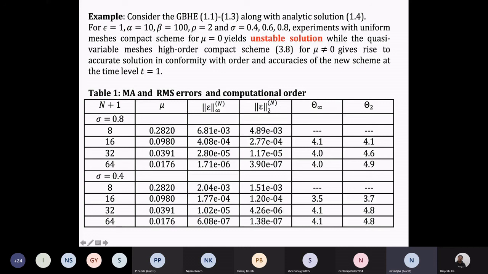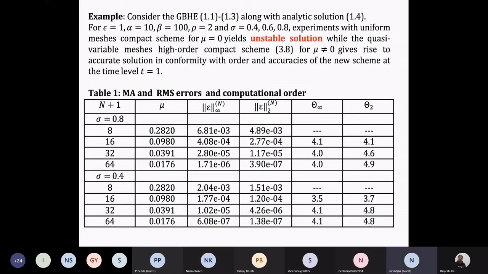Suppose at the number of grid points 64, the error is 1.71 e-6. This means the difference between exact and approximate is very small. This is what I told you in the very beginning in the Burgers equation, that I want to decrease the gap between the blue line and the orange line. And that I have decreased, the distance between them is going to be minus. From the eye, you cannot visualize this difference. Basically, both the lines overlap. That is why it is represented numerically.